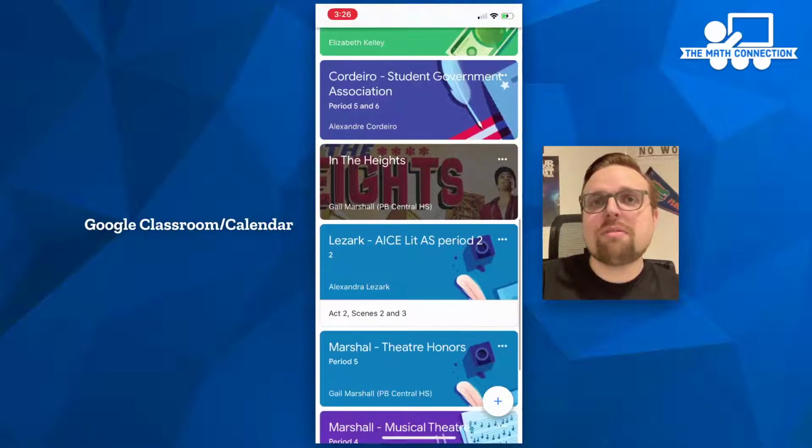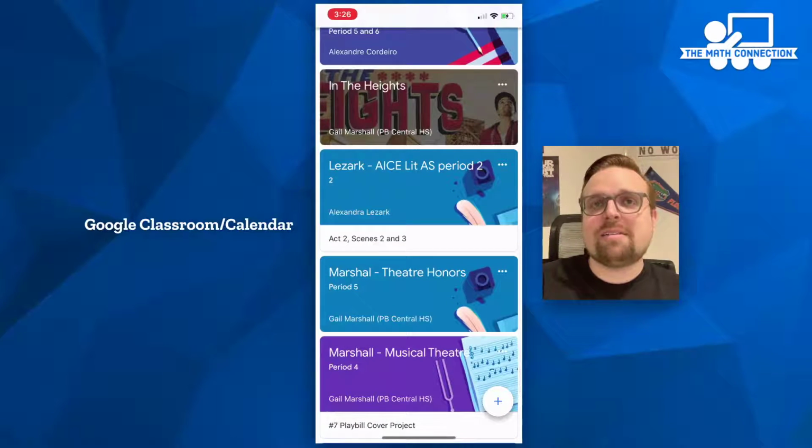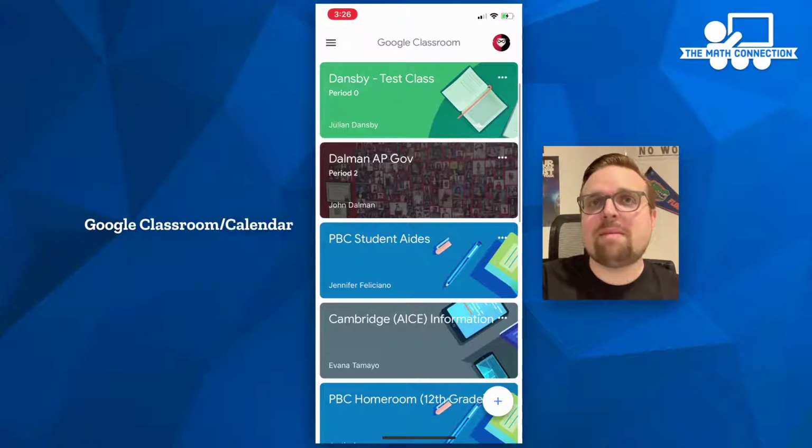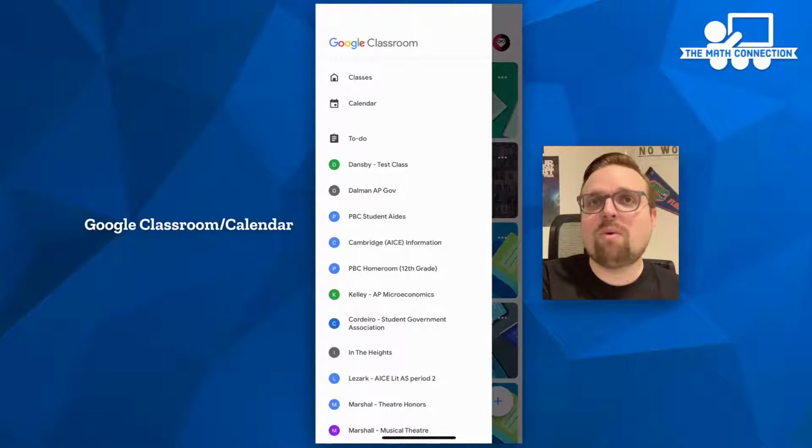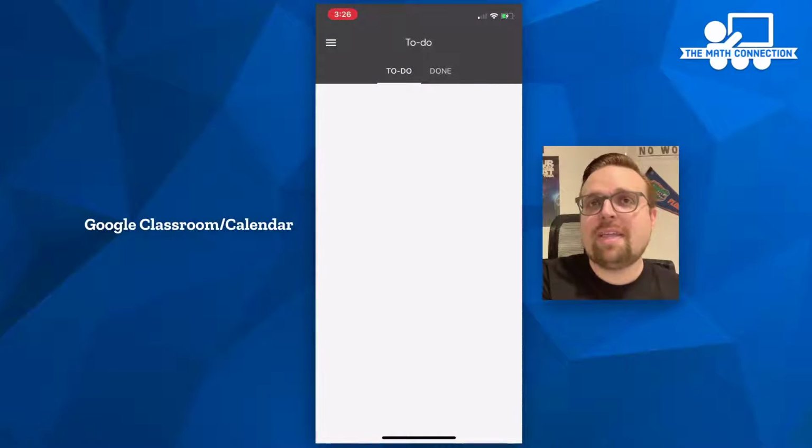So you can scroll through the list and look at all of your classes, and if you have things that are coming up due really soon, I'm not sure if this is within the next week or something, underneath the class it will actually list the assignment. But an easier way to see everything at once is to go to the menu and then click on your